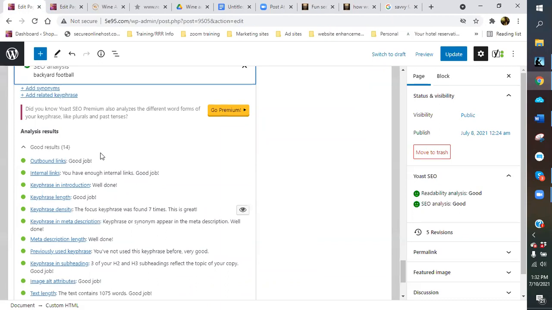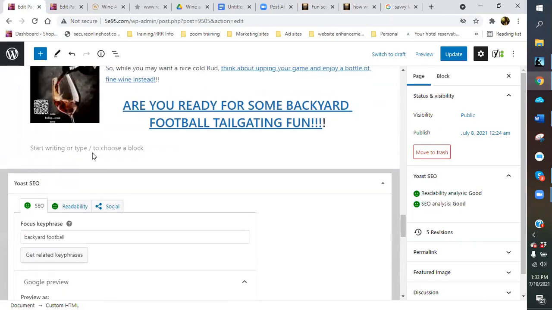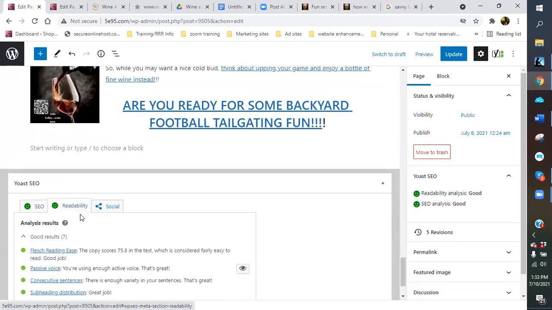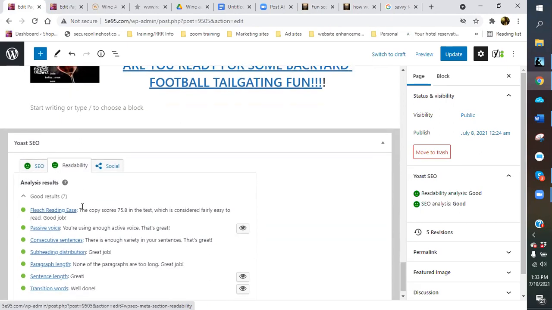And same thing, it's not on there yet. Yeah, I got to market it, and I'm probably going to do some marketing on that. Same thing with your readability, guys. It will be green and green, but you can always come in and check it and see if there's anything that you can fix. Sometimes you might have an orange in here that's really easy to fix.